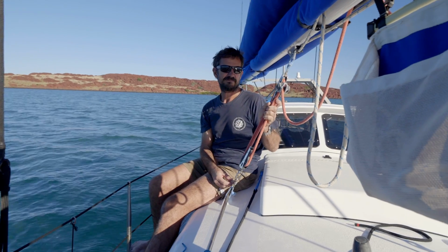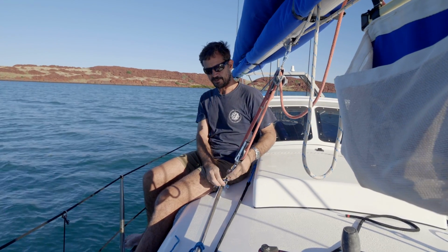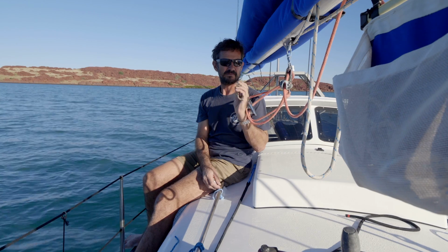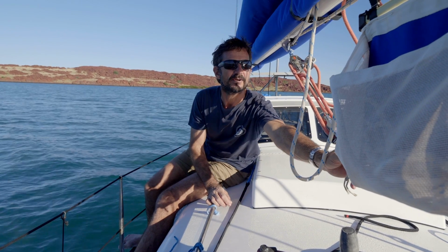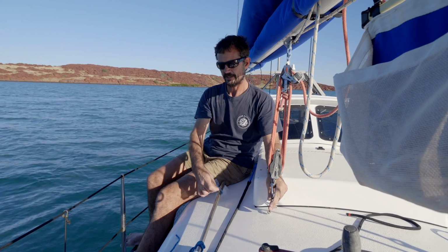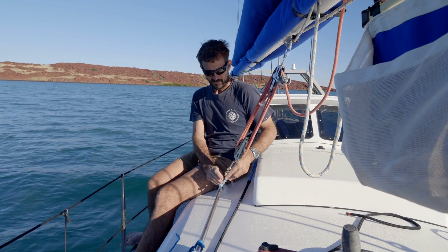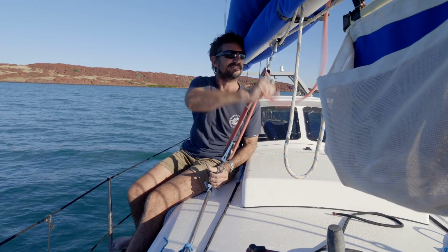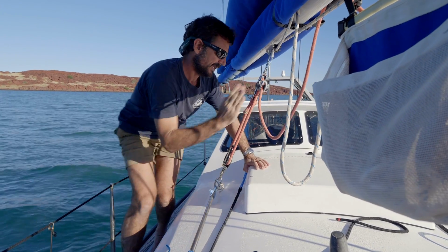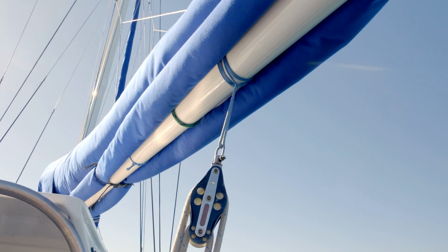This is our boom vang. Lots of boats have boom vangs, but with ours, what we've done is we've put this little quick release clip on the bottom of it. We use this for a lot of things. It does get used for a boom vang where we can attach it to the bottom of the mast there. But we also have, again, these soft shackles. These soft shackles are everywhere around the boat. By putting that here, I'll just slack that off a bit so I can actually do it. And by pulling it, we can have this 4-to-1 opposing the 4-to-1 back there in the cockpit, and that keeps